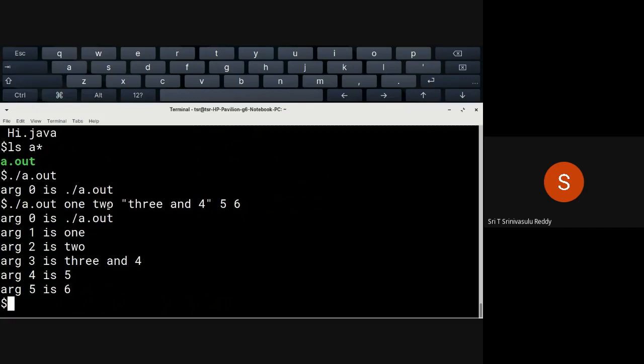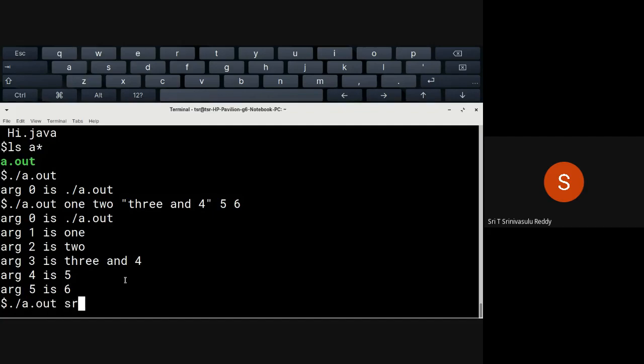It is your shell that is actually running. This dollar prompt is displayed by a shell. There is one program that is running, and that fellow helps you to accept a command, load it, and run it. It splits all these arguments into separate things, so a lot of things are done by your shell actually.